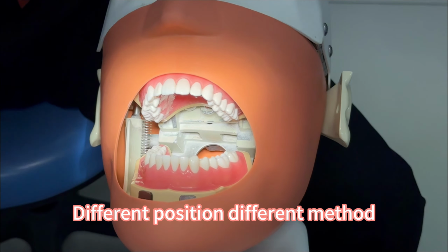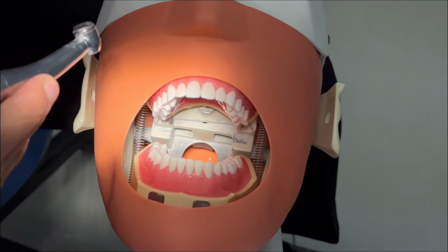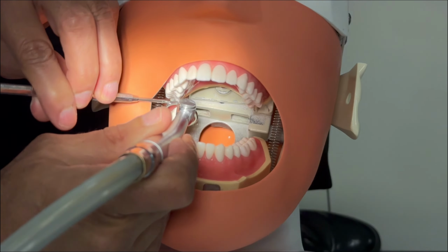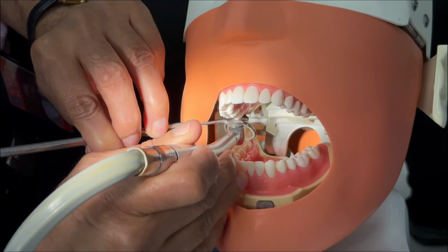Now let us suppose I'm working on the lower left side. So in which case what I will do is I will slightly change my orientation. I will move to the 9 o'clock position. Again, I will use the mirror to reflect the cheek. At the same time, I will position my handpiece in this manner and then I will prepare whatever cavity